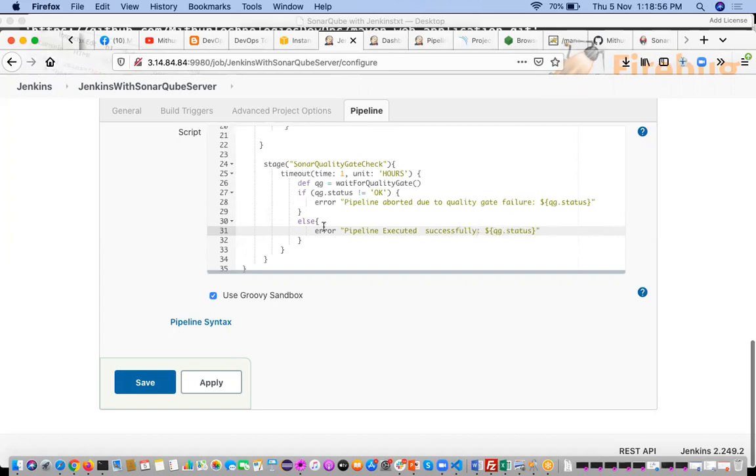Like this you can write the if else condition. Even if you don't write the else condition, it is going to work. Why? Because when checking the condition, it is failing, so it is going to execute here. You can change the condition to equals OK, then it goes through, otherwise it will come to the else block. Now you can save it.